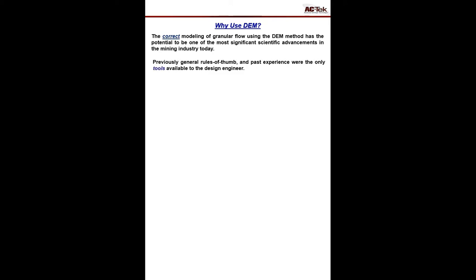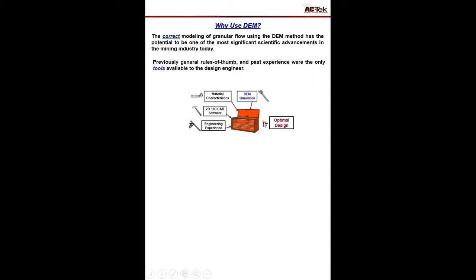Previously, general rules of thumb and past experience were the only tools available to the design engineer. And that's what DEM is. It is another tool that we have in the toolbox. It doesn't replace good engineering experience and knowledge. It's not going to replace our 2D and 3D software. It doesn't make our sticky material magically free-flowing. It doesn't